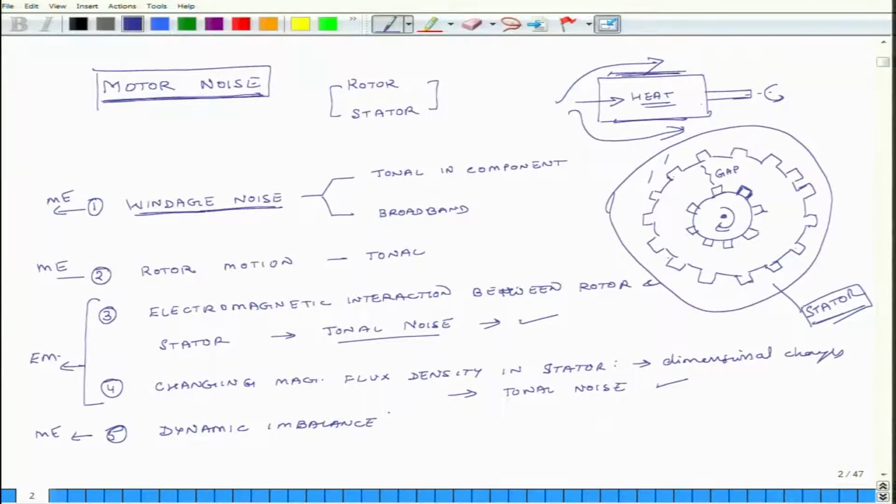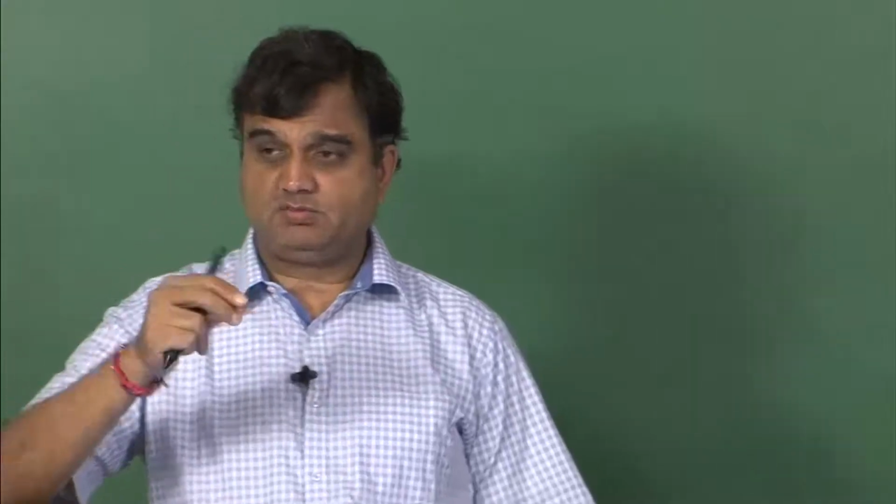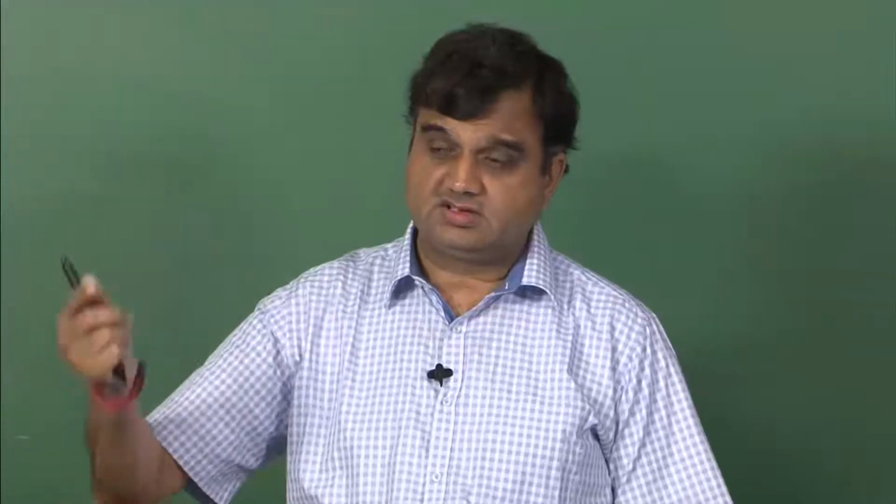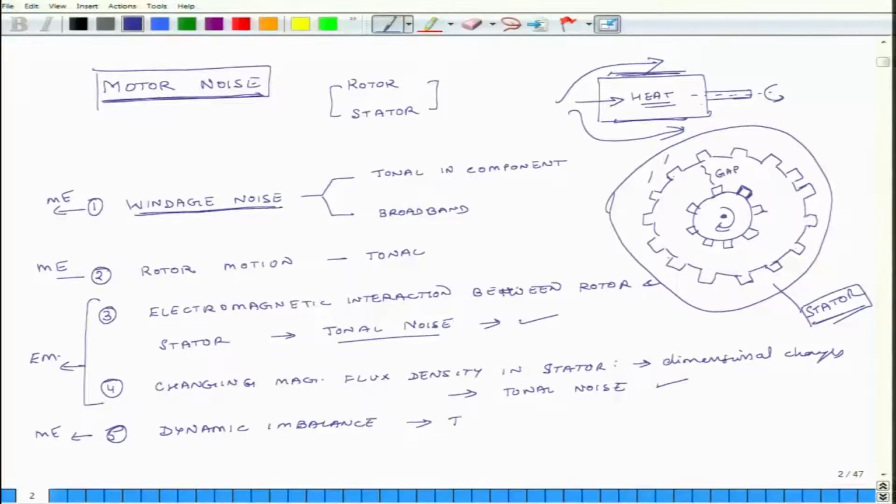So, what is dynamic imbalance? So, suppose this shaft and the rotating parts are not perfectly symmetric about their axis, maybe they are slightly off balanced, and when they are off balance they will vibrate crazily at very large amplitudes, and that will generate a lot of noise. So, this is again tonal,